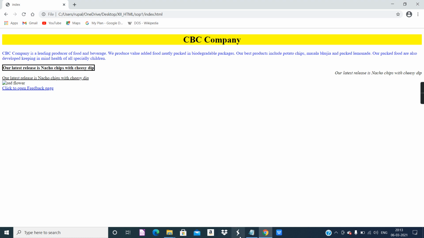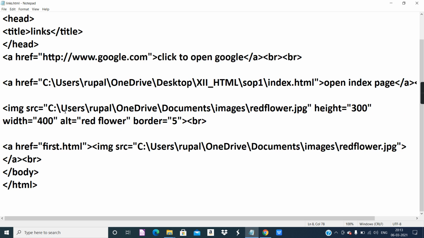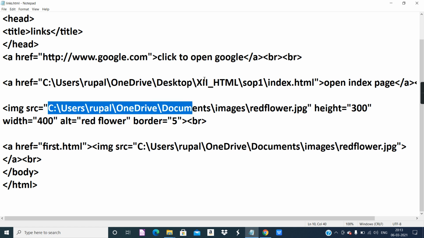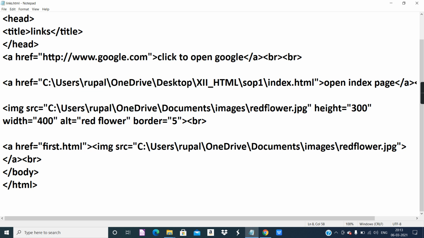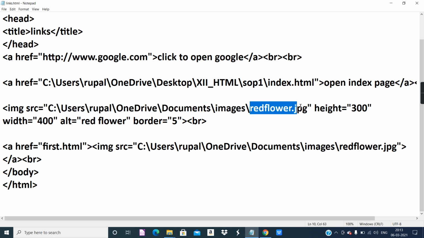Okay. So if the HTML file is available in some other folder, it's the same as an image. If your image is available in some other folder, you have to provide the entire location. If the HTML file is in another folder, provide the entire location with the file name. Now, if you ask, what if the image as well as our HTML file is available in the same folder? No need to give the location, just provide the file name, redflower.jpg, that's it. If the HTML file and the image are in the same folder, then you can avoid the location. Simply put the file name.